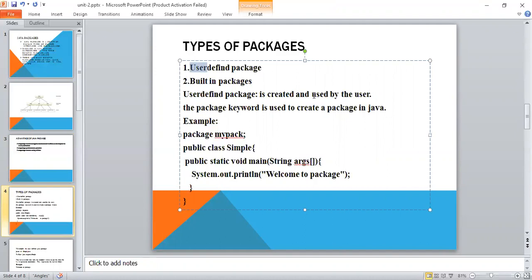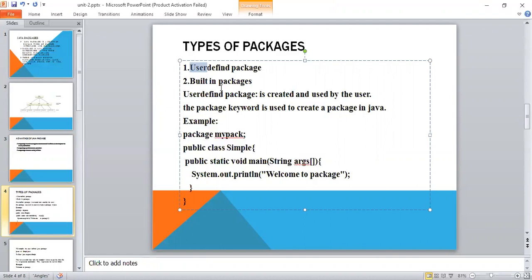Built-in packages are the packages already implemented at the development of the Java language, the packages implemented by the Java developers, called built-in packages or predefined packages.